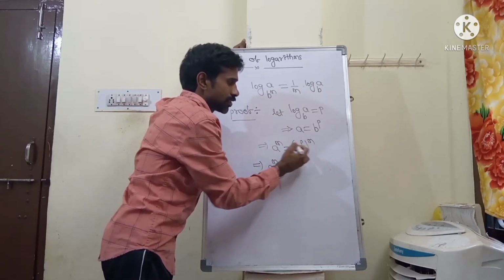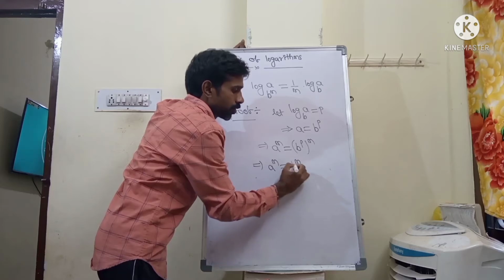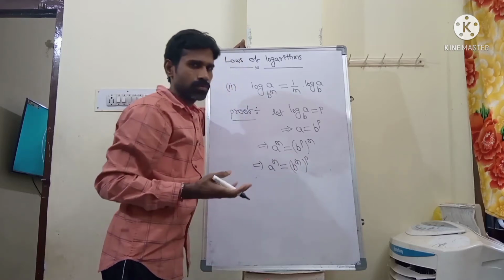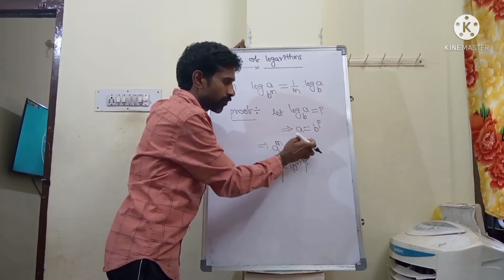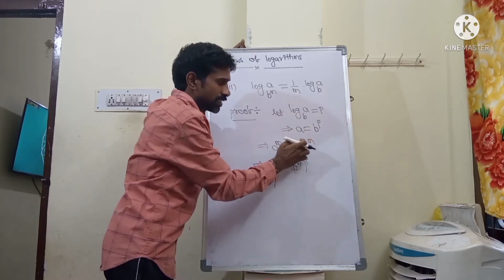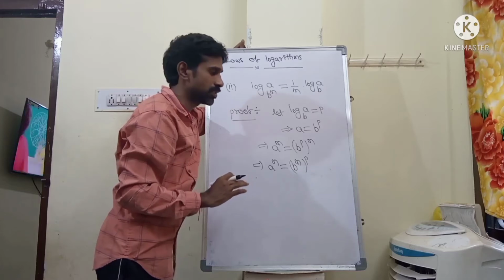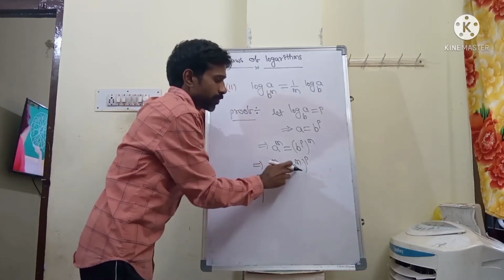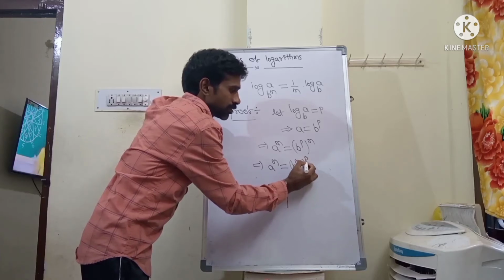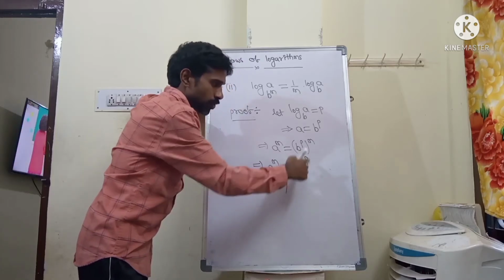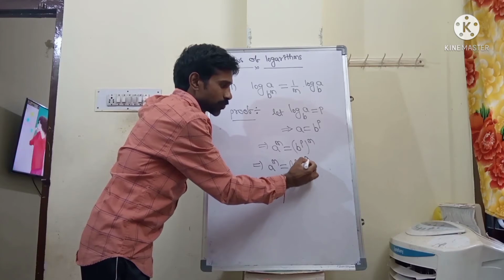Just interchanging these two, we get b power of m whole power of p. We can write both are the same: b power of p whole power of m is the same as b power of m whole power of p. We just interchange these powers; there is no change in value. So a power of m equal to b power of m whole power of p. Now p is the exponent in exponential form.